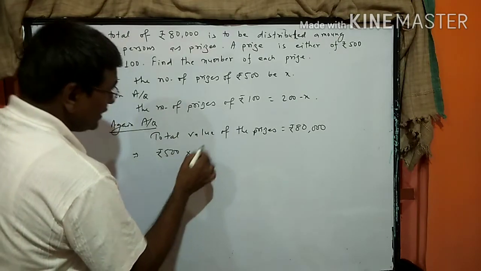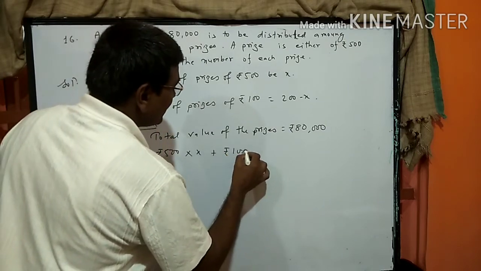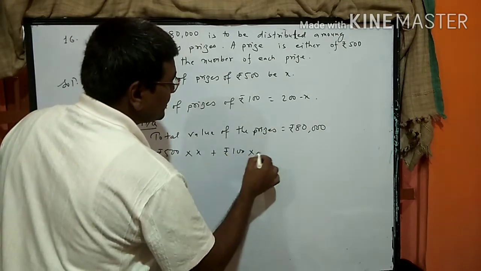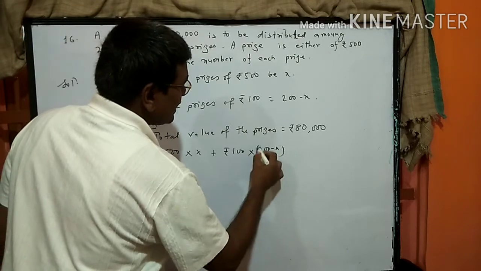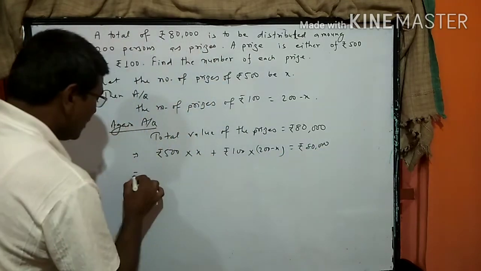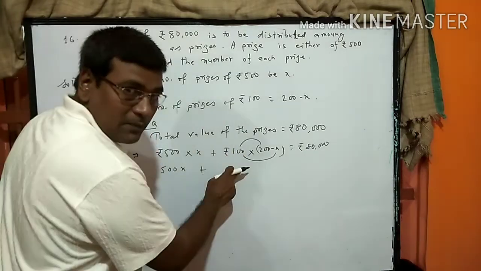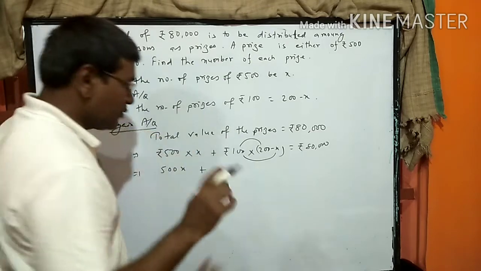Rupees 500 multiplied by X, plus rupees 100 multiplied by 200 minus X, total 80,000. Now you can write it as 500x plus, using the distributive property,